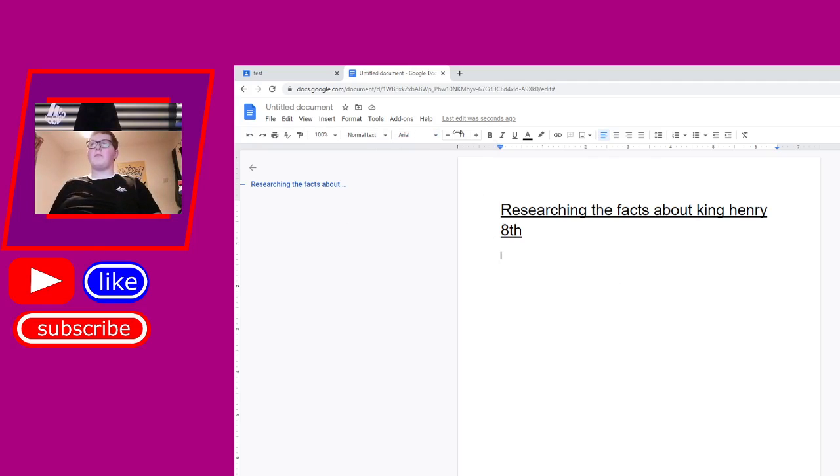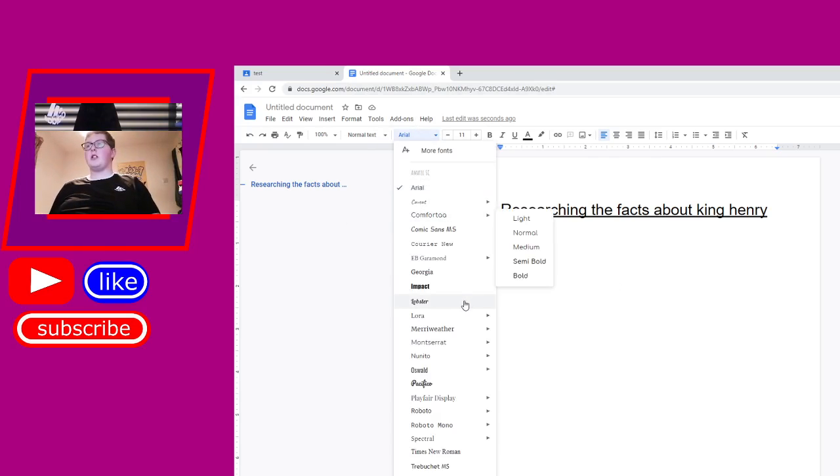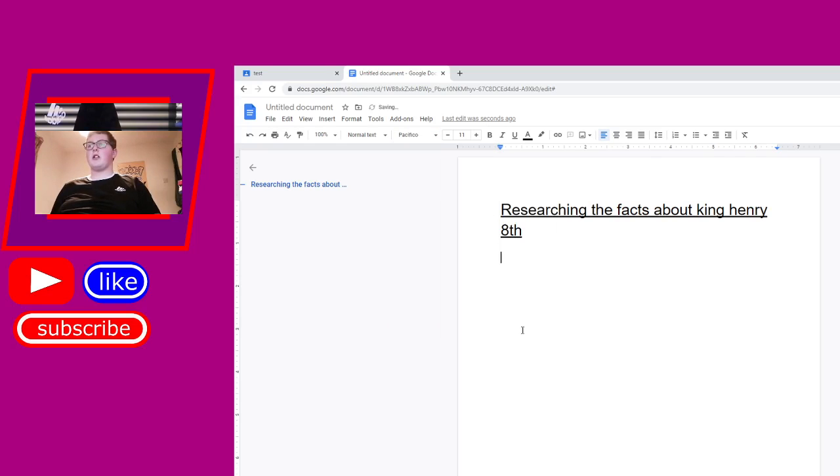Now for a class, you wouldn't want to put this one here, but if you were to do maybe a storyline, or if you are doing it for a poster, then you might want to pick the Pacifico font, and you might want to put, your task today is to research the good and bad things King Henry VIII did during his time